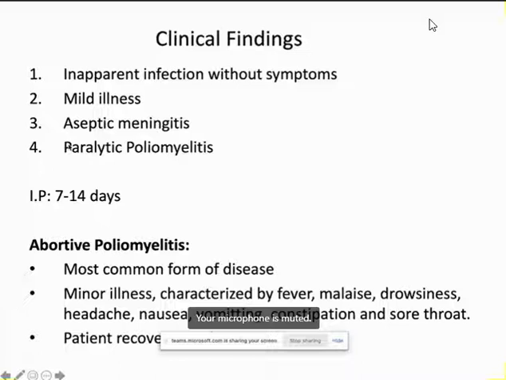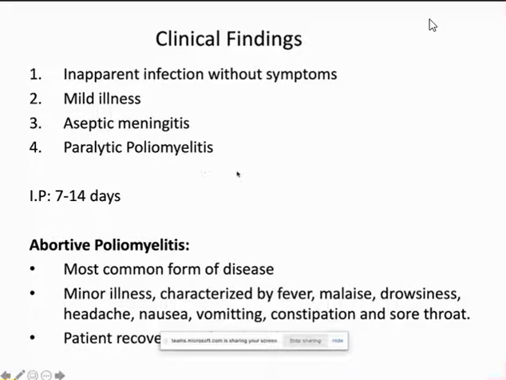So these are the stages that we see in polio, and these two can be fatal: aseptic meningitis, and in case of paralytic poliomyelitis, it may be fatal, or the remnants, that is the disability, may remain for a prolonged period or till the whole life. Okay, so that's why this is important. Because the patient may remain symptomatic through the whole course, and some may lead to these conditions, and that may persist for the whole life.